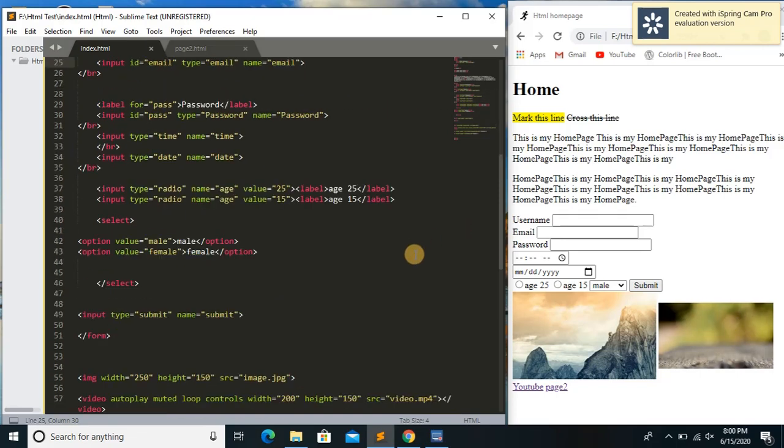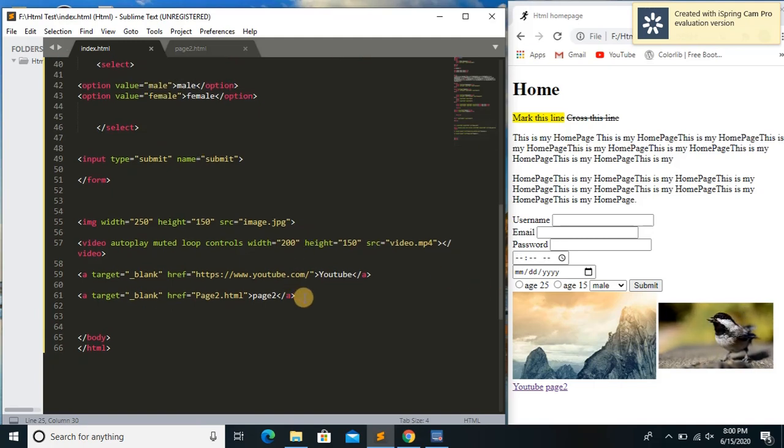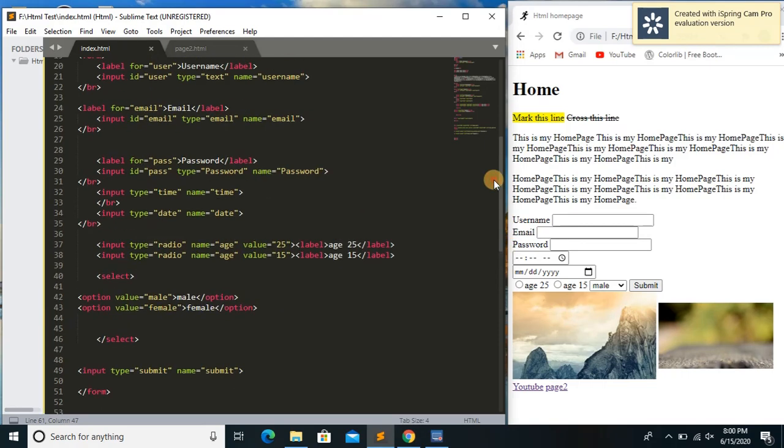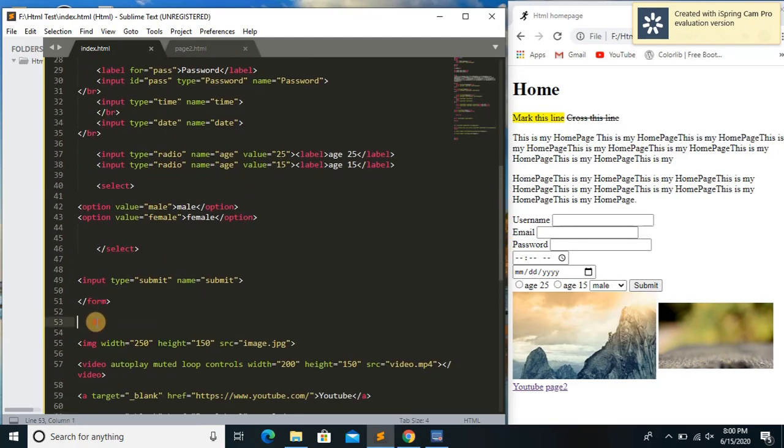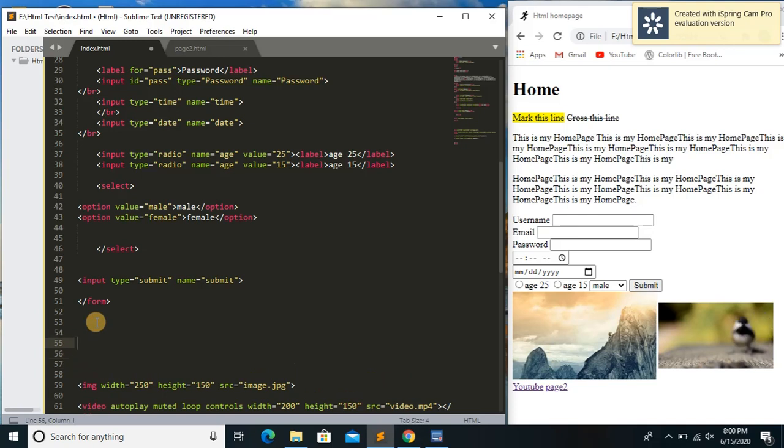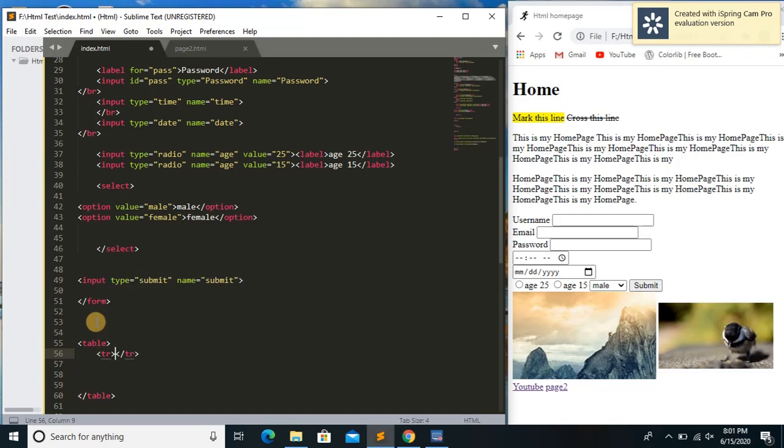Right now if you have to add a table inside your web page, how you can do it, I will tell you. Normally you don't have to use table inside a web page. It's pretty rare, but sometimes it may be useful, sometimes you may have to use it. So for making a table, you have to say table, press enter. Now every table has some row, column, and table head and table data. So for table row, you have to write tr, press enter, and inside this tr I will add some table